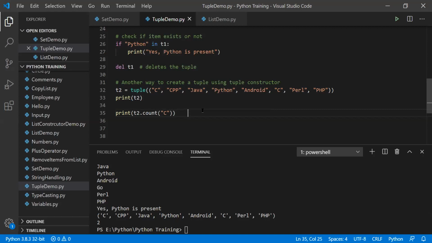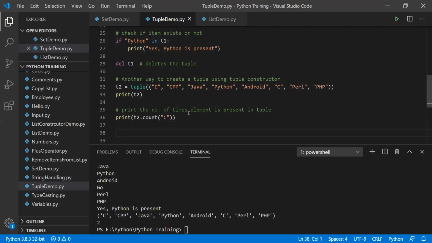So I'll add a print statement saying the number of times the element is present in the tuple. I think that should be better, so we can easily understand it. This piece of code does that.